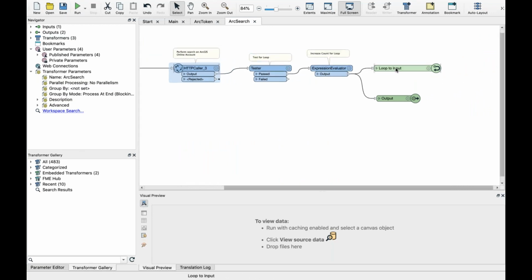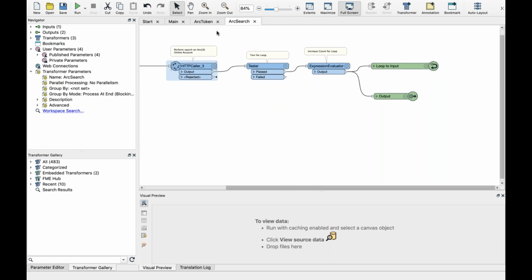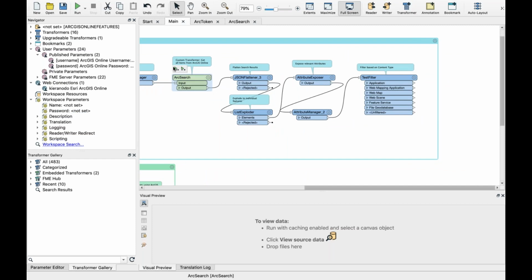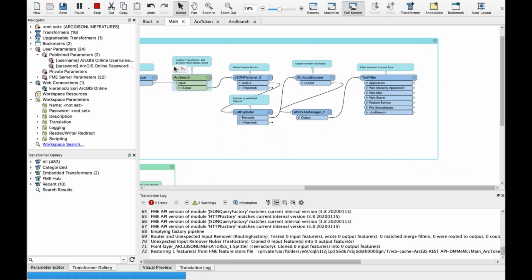This needs to create a loop in order to search through the results, because the API supports a maximum number of records at any one time to a query. If you've got an enormous organization, you can't request 10,000 records, because that's going to start to give you some sort of performance issues. Now, if I jump back to my ArcSearch, what you'll see when I run it to here